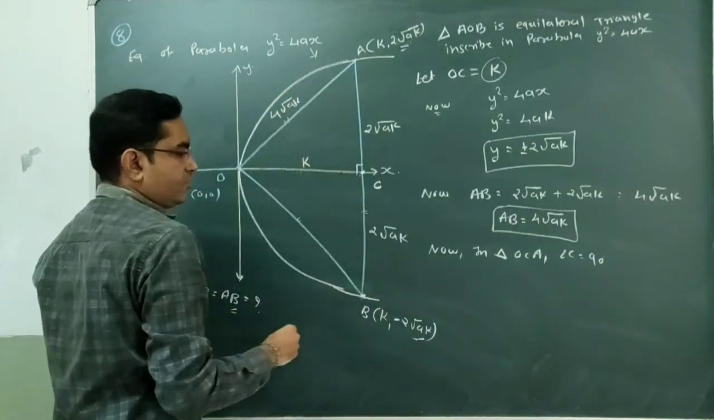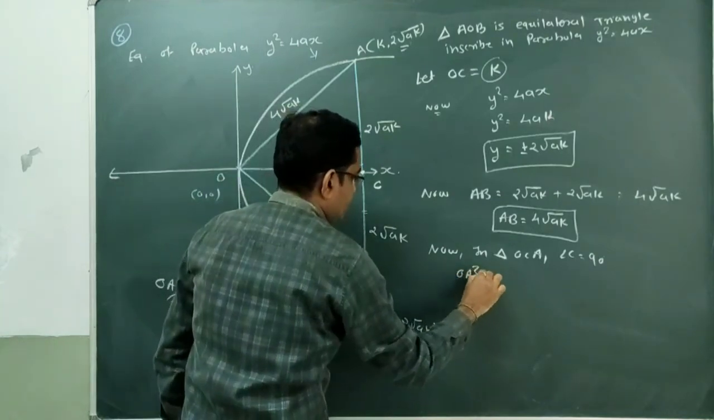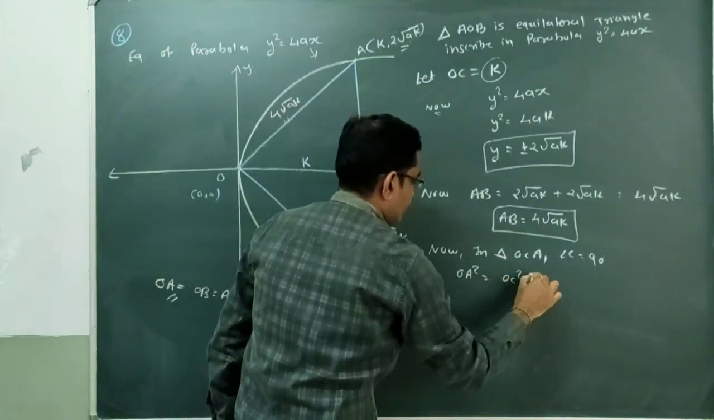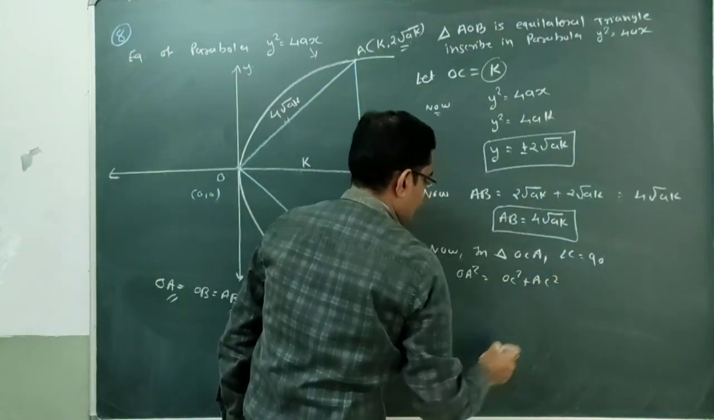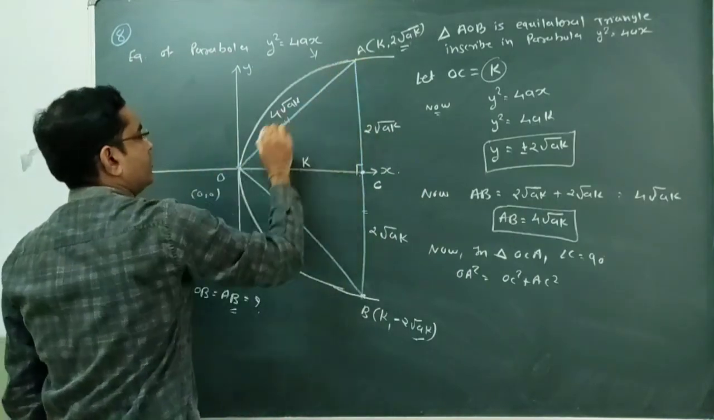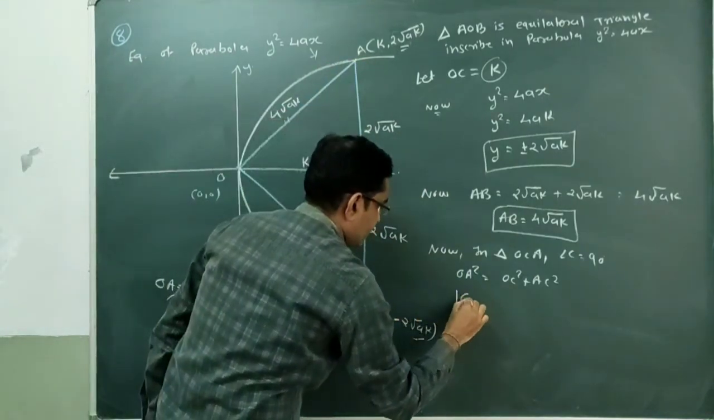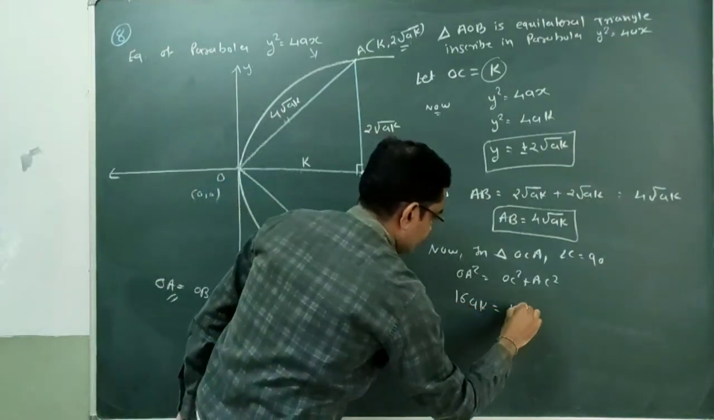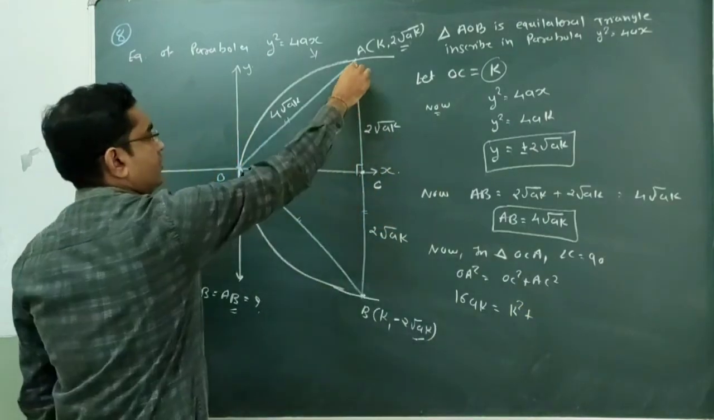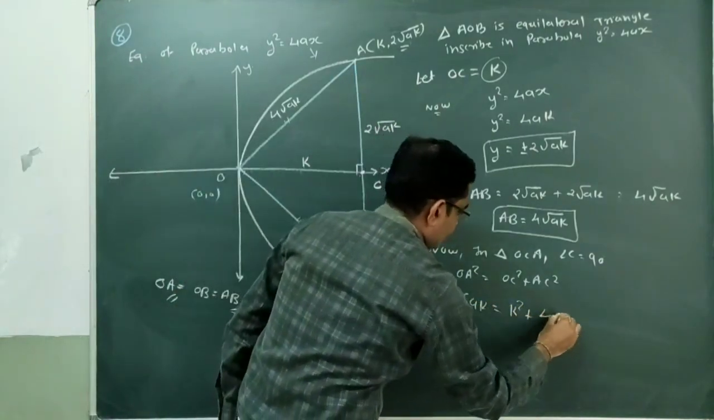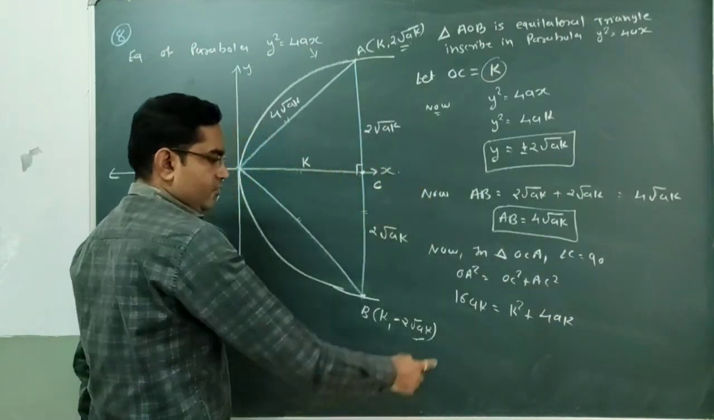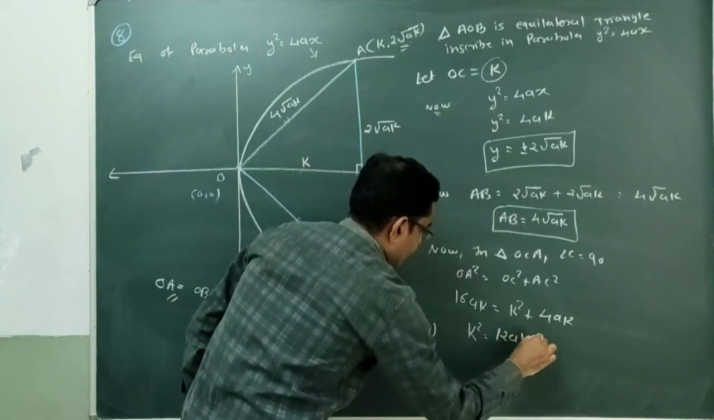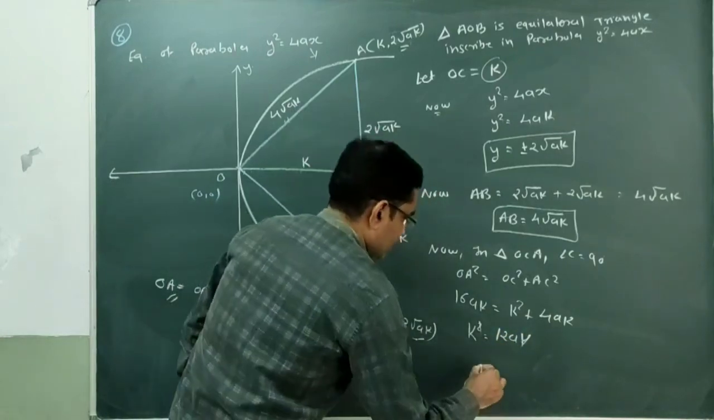So here we are applying Pythagoras theorem. OA square equal to OC square plus AC square. OA square is 16 ak, equal to OC square k square plus AC square, 4 ak. Simplify: 16 ak minus 4 ak, so k square will be 12 ak. एक k कट हो गया, so k will be